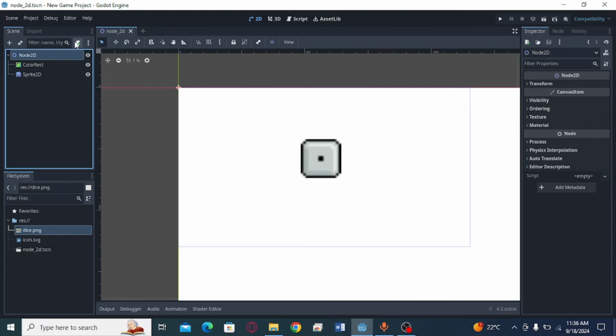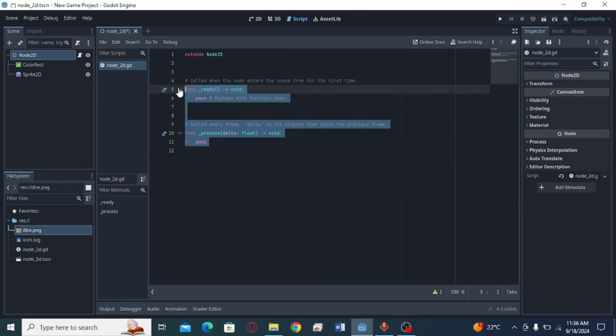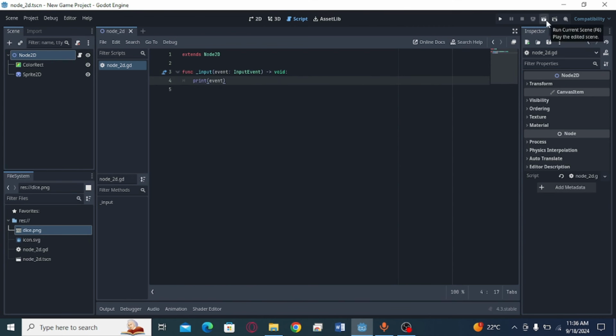So I'll attach a script to my node 2D, and then I'll remove all of the default text, and what I want to say is function input, and then I can print the input or the event, not the input, so I can print this event. So this input function is an inbuilt function in Godot, and basically what it does is it runs every time